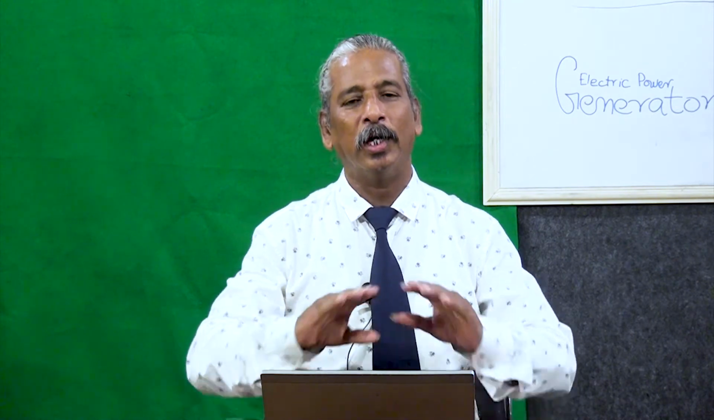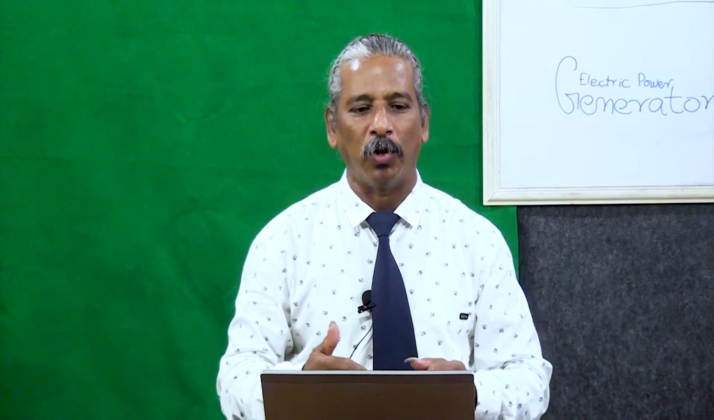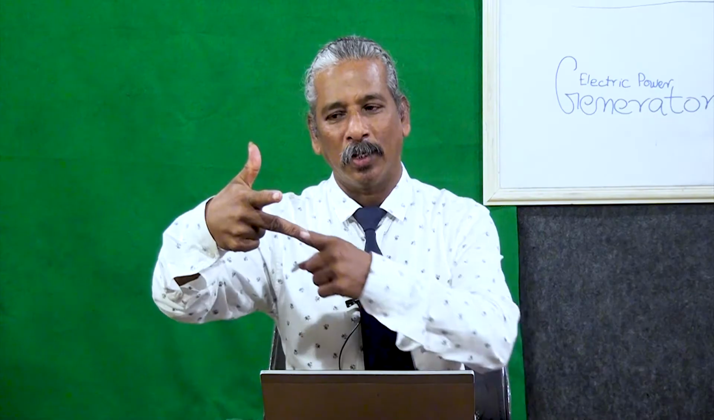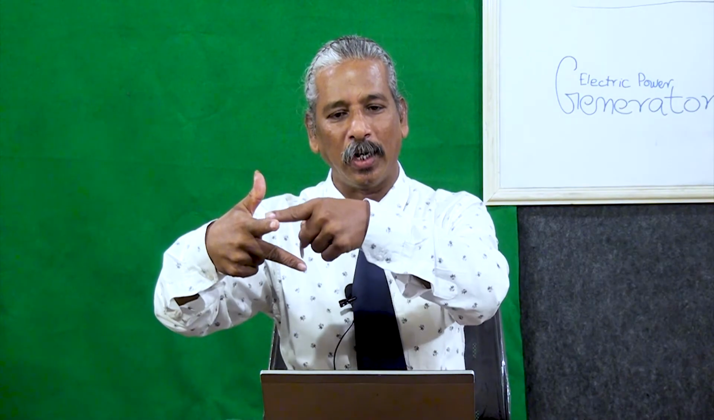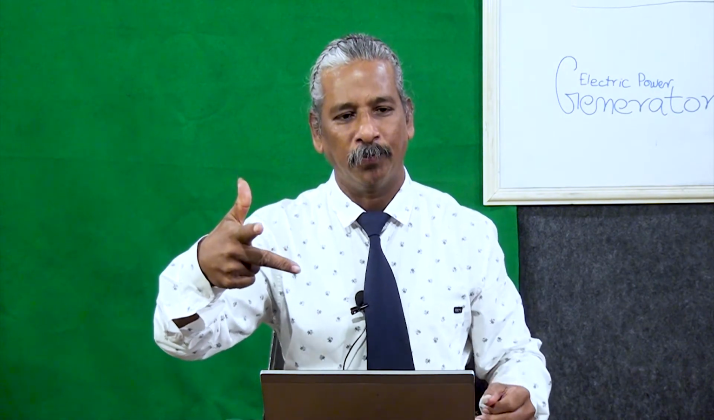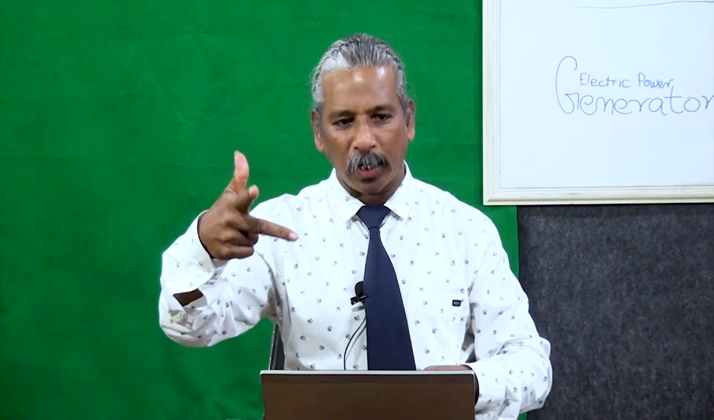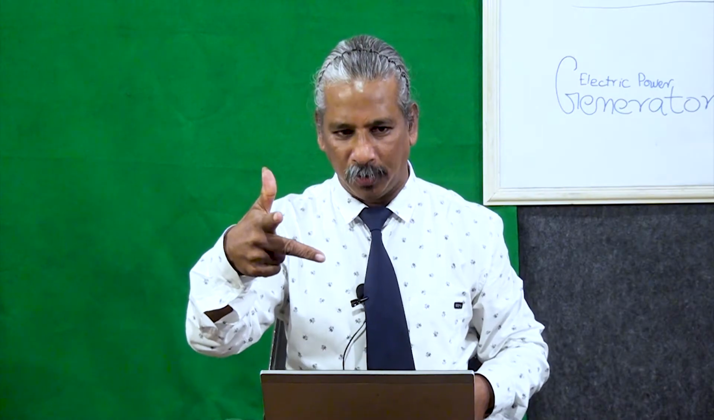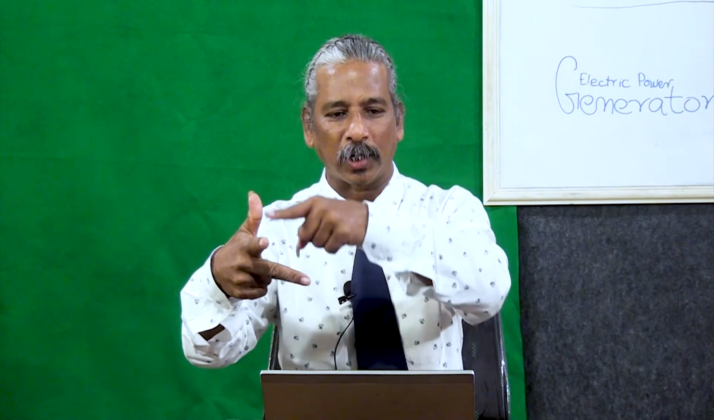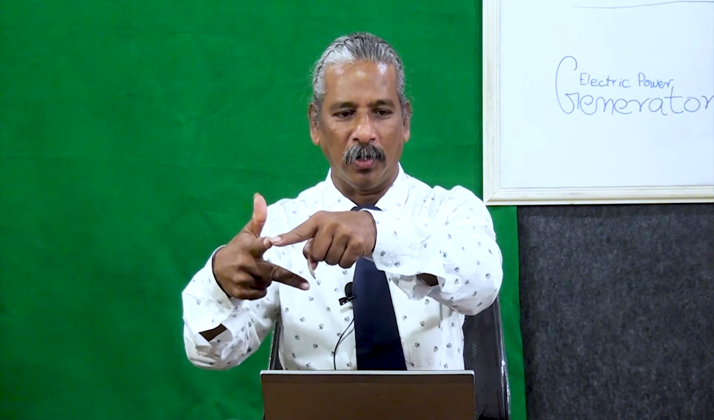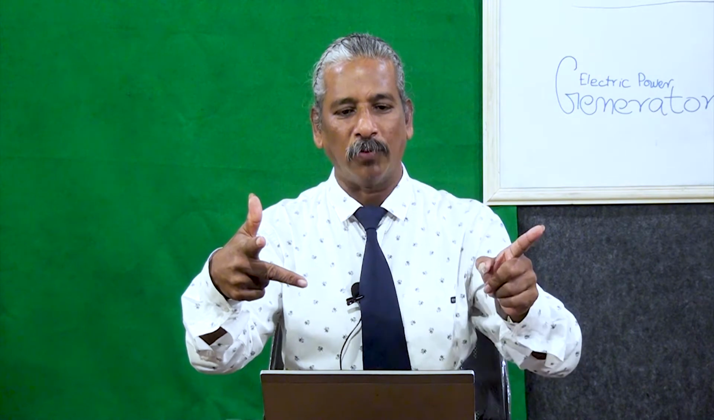Electromagnetic induction can be explained with the help of Fleming's right hand rule. We hold the hand like this. The motion is in this direction, the field in this direction, and the current. They are in mutually perpendicular directions. If the right hand is stretched in a way that the index finger, the middle finger and the thumb are mutually perpendicular, then the thumb shows the direction of the movement of the conductor. The index finger shows the direction of the magnetic field, and the middle finger shows the direction of the induced current